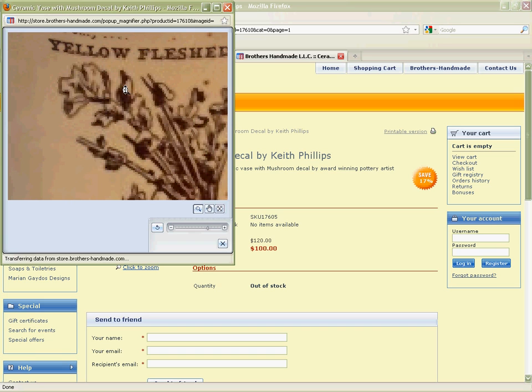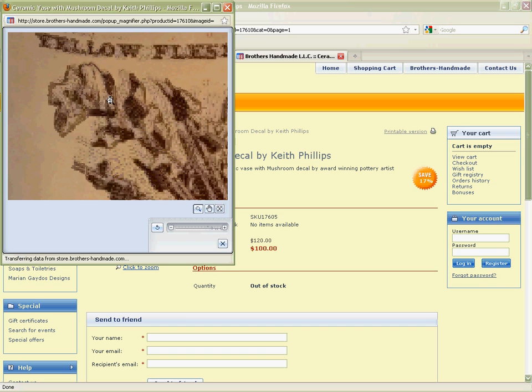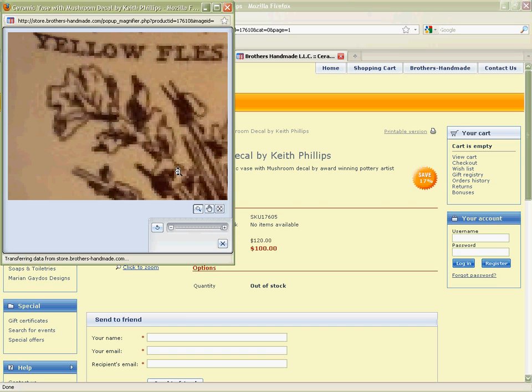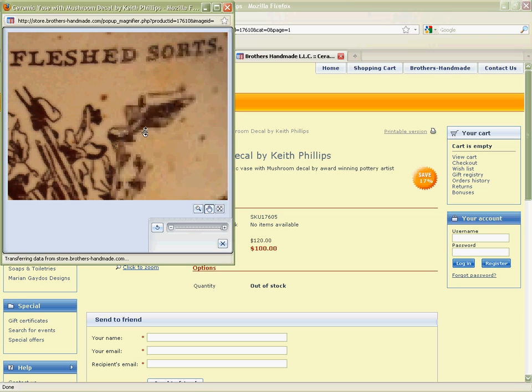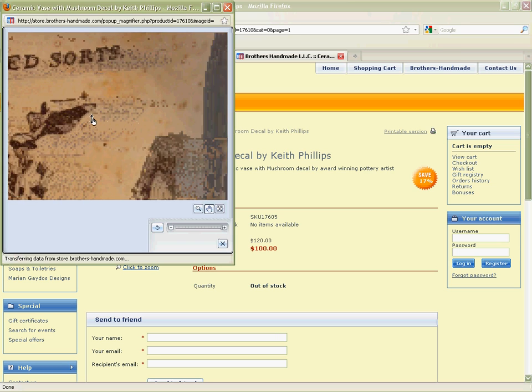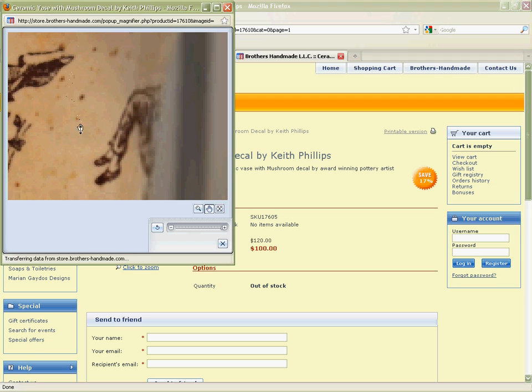techniques that some of you fine artists are using on your products. They can look at very closely and really get an appreciation for the detail of the piece that you're making. And they can pan around. Again, it takes a second to resolve, but then it resolves nicely. And they can look at the intricate details of your product. And it's a very nice feature. It saves the customer from having to open a very large picture of the whole thing at one